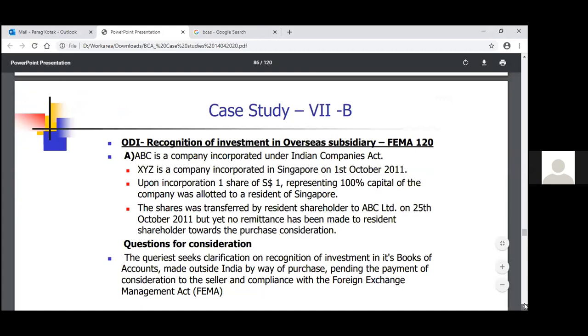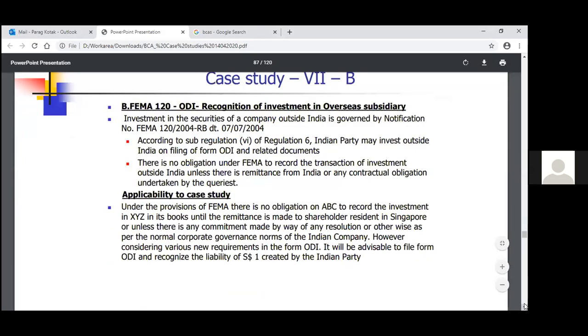So probably this is also under that: the company incorporated in Singapore on 1st October 11, upon incorporation, whether there is any obligation. I think we have answered on recognition of the overseas subsidiary, whether required to be done or not if the remittance is not made. And then we go to the next case study,